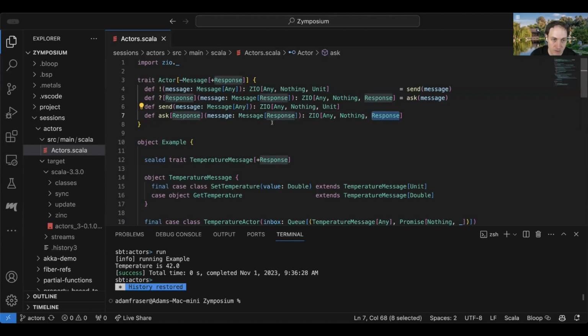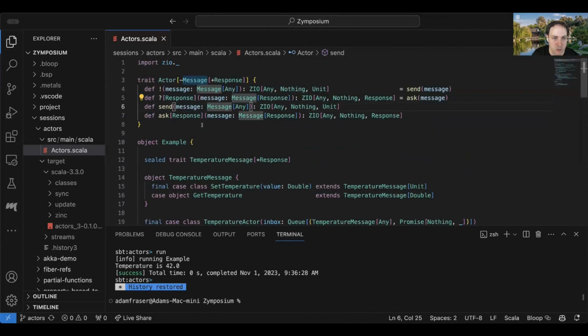In a way, this is very nice because we can get a response back, which makes our programming model easier. But it does create the risk that we program in a way that creates bottlenecks. If one of our actors is asking another actor for something, it's then not processing anything else while it's waiting to get a response back. So that's a little bit of a choice we had. Maybe we could think of refactoring that, and have two subtypes of actors, where one trait would just give you the send and another would give you the ask. But right now we're just giving you all of it right here.